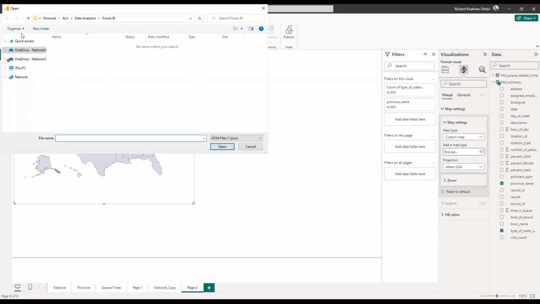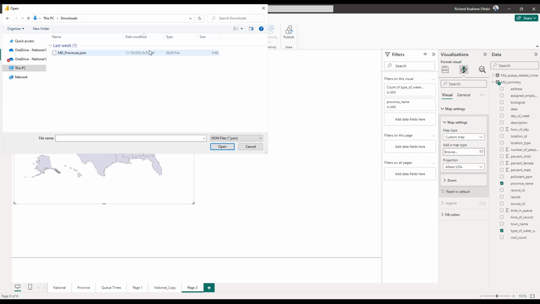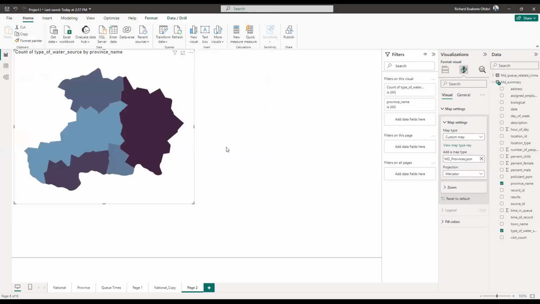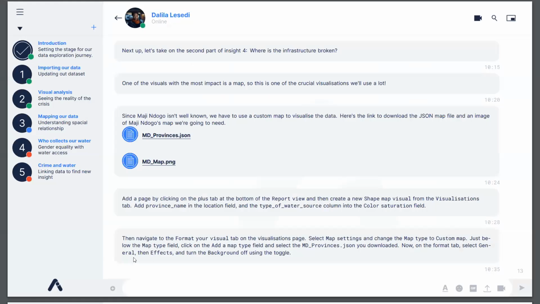Okay, so we go to where we saved our map, the one we downloaded from the slide. Mine is in the downloads. I'll just select it and I'll open it. Okay. Now it changes the visualization we have here, right? So the next thing now is